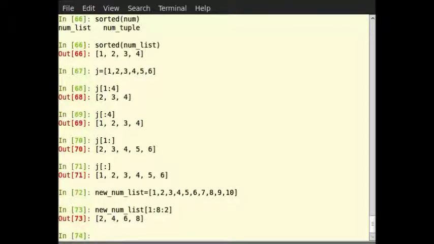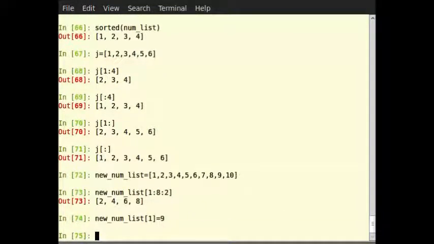The step in this example being 2. We have talked about many similar features of lists, strings and tuples. But there are many important features in lists that differ from strings and tuples. Let's see this by example. Type new_num_list[1] = 9.